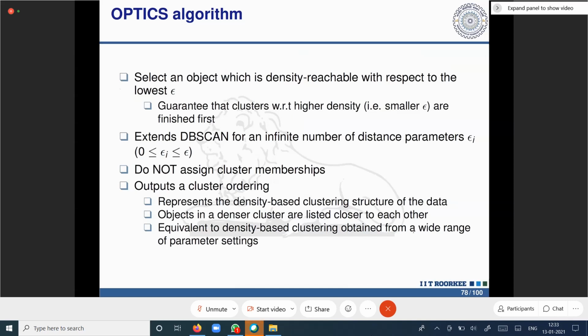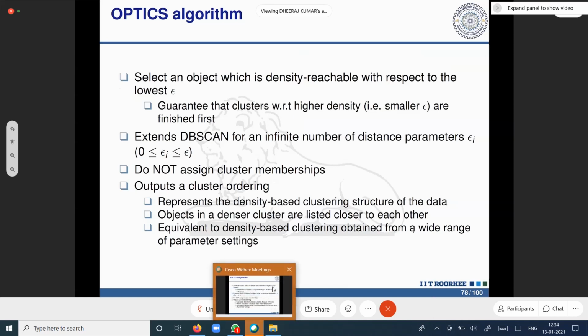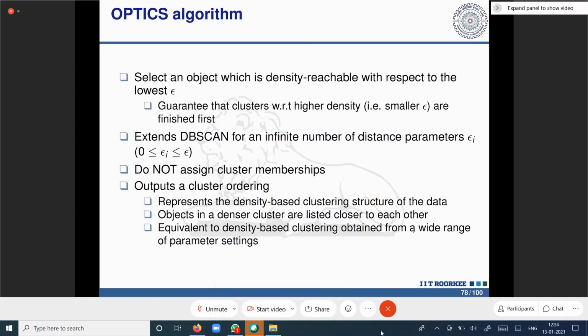What it does is it selects an object which is density reachable with respect to the lowest value of epsilon, so that we are guaranteed that clusters with respect to higher density are finished first. Okay. So we start with the lowest value of epsilon, and then we extend DBSCAN for an infinite number of distance parameters, from 0 to epsilon. So first we find the value of epsilon so that the highest density clusters are finished,